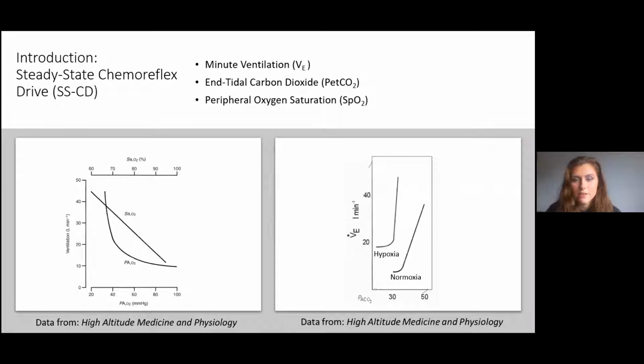Specifically, on the left graph, you can see that the partial pressure of oxygen in the arterial blood has a hyperbolic relationship with ventilation. The SSCD takes advantage of the inverse linear relationship between arterial oxygen saturation and ventilation. Additionally, the SSCD also uses the indirect linear relationship between the partial pressure of carbon dioxide in the arterial blood